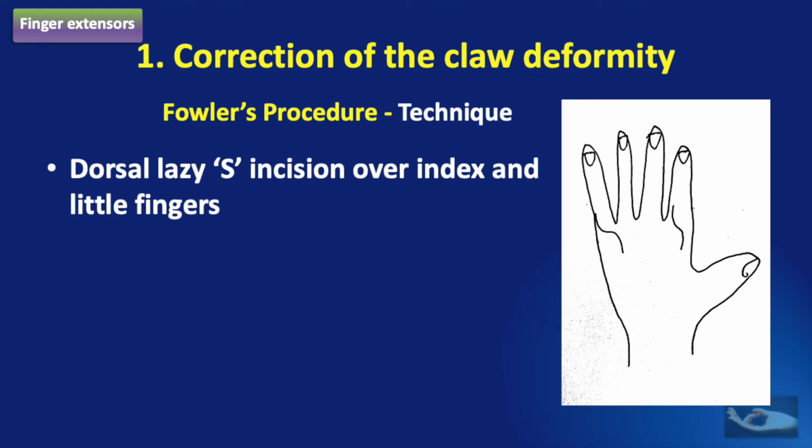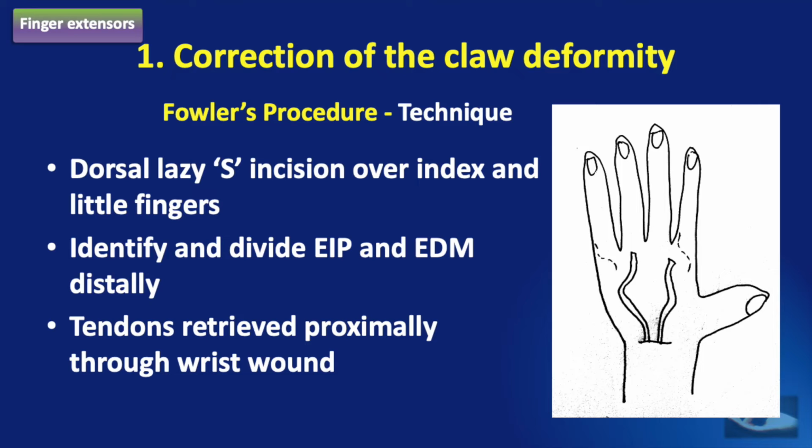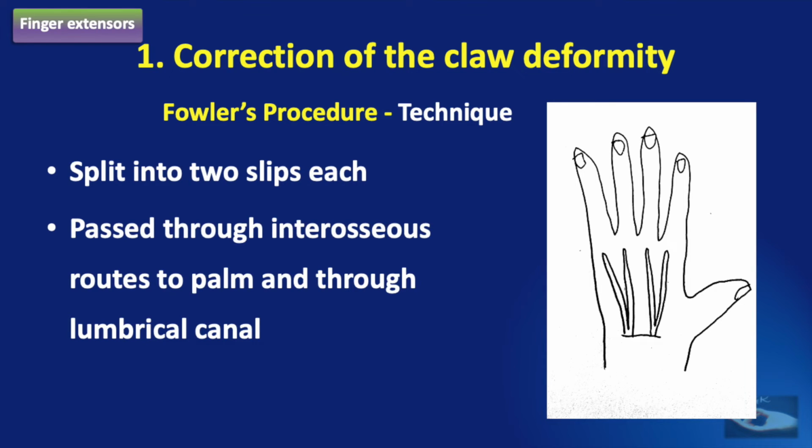First, dorsal lazy S incisions are made over the index and little finger metacarpophalangeal joints. The EIP and EDM tendons are identified and divided distally. The tendons are retrieved proximally through a wrist wound. These tendons are split into 2 slips each. Each of these slips is passed through interosseous routes to the palm and through the lumbrical canals to be inserted